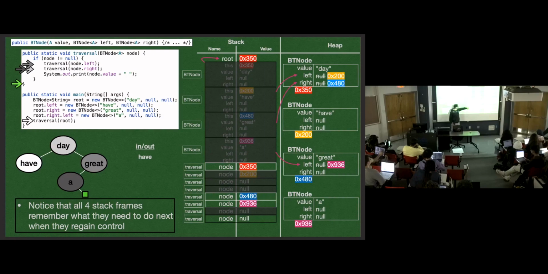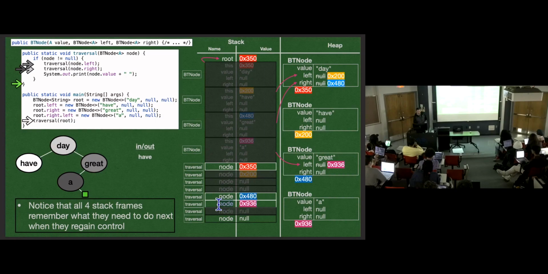And these stack frames are all remembering where they are. Well, the active one is currently running code. But these 3 stack frames all remember what they were doing when they had control last. And they're going to remember through something called a program oh my goodness, my brain. Program pointer? Program counter, I thought. Anyway, it's a 220 topic. They'll tell you the right term there. And each one of these remembers when it gets control back, what it's going to do next. And this is, if you're trying to not use recursion, this is what you would have to code. All this information of every node, any arbitrary number of nodes, remembering where they are in their computation.